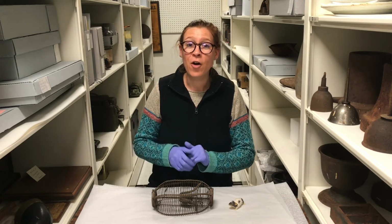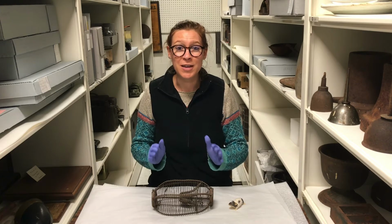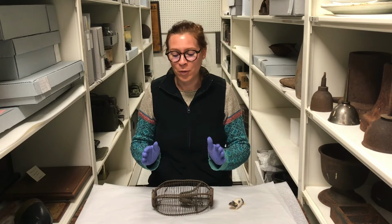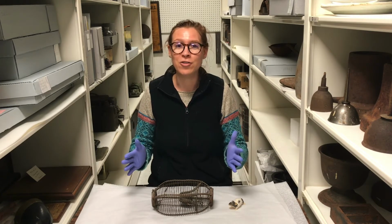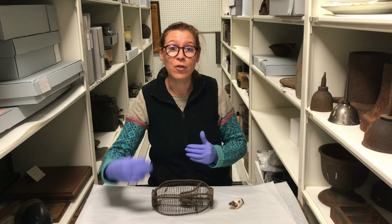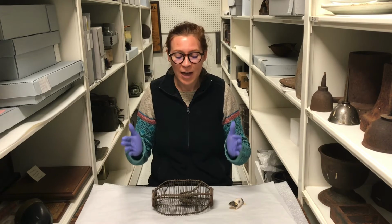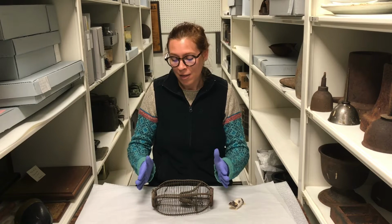Today we're doing another object reveal for you. For those following along on Facebook, you've had a little bit of time to guess what it is, and a little bit of a trick for you guys on Facebook, I think, is that in a photograph it's really hard to tell how large something is. Alyssa pointed this out: when we photograph something for the museum, we always include a scale, so that way when you're looking through a collection from a digital perspective, you have a little bit better idea of the size of the object. However, we completely tricked you by just giving you a photograph, because this,